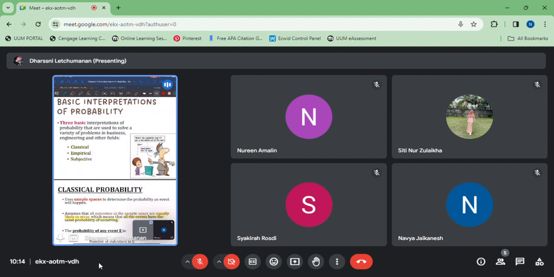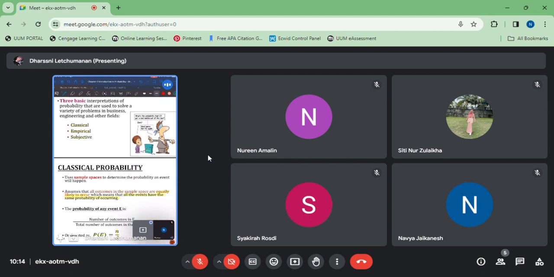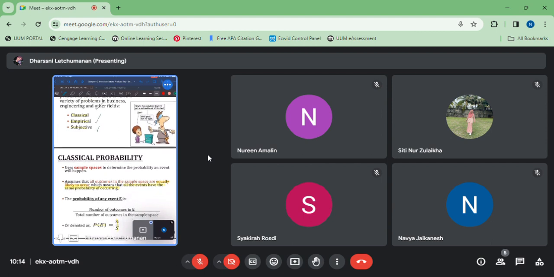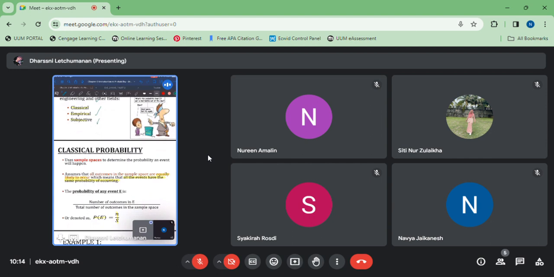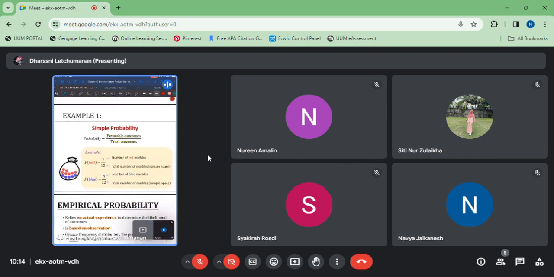And then we have 3 basic interpretations. I'll just go through a recap from the slides first, then we'll look through the exercises. The 3 interpretations are classical, empirical, and subjective. Classical is where the events have the same probability of occurring, for example this marbles question, where it's almost the same,